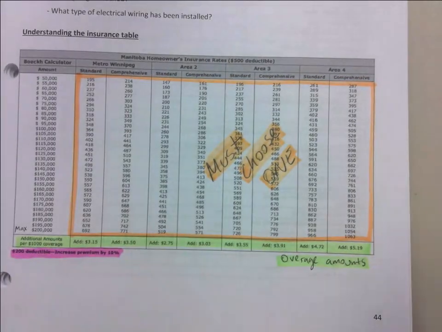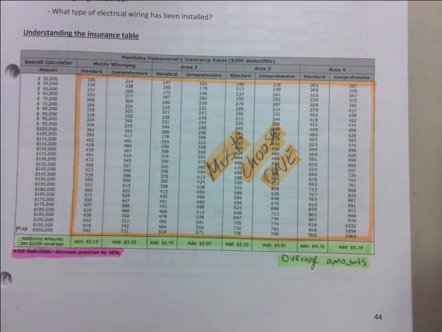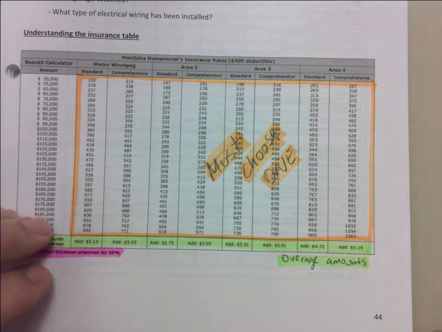Home insurance is different than tenant insurance. How? Home insurance covers your stuff and the building. Tenant insurance only covers your stuff. That's the main difference. That's why home insurance is a lot more, right? You pay way more because it's going to cost them a lot of money to replace your house. Okay,